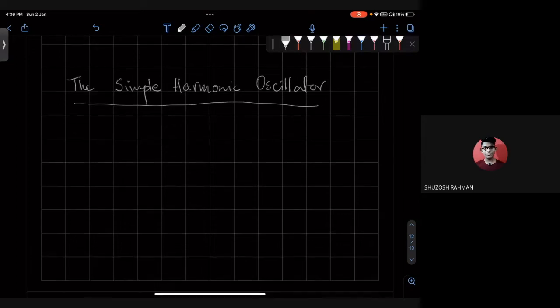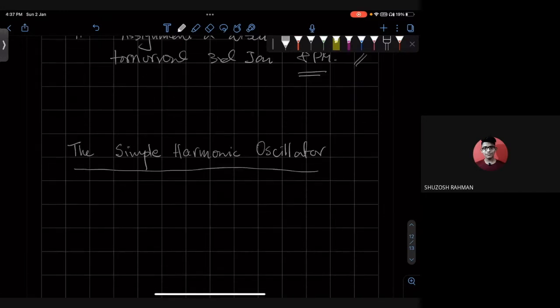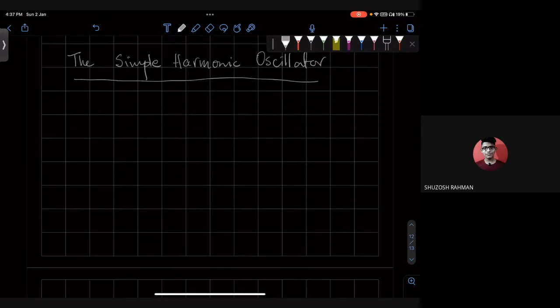So next we want to discuss the simple harmonic oscillator. The simple harmonic oscillator is by far the most important quantum mechanical system. And one of the reasons for that is, any complicated potential, if it's a bound potential, so say V of x is a bound potential,